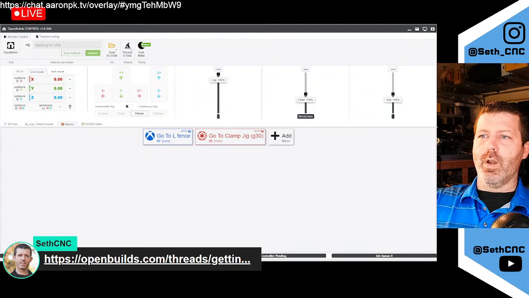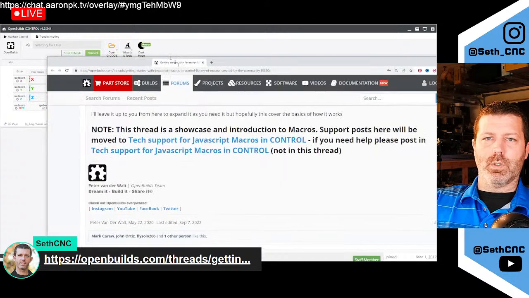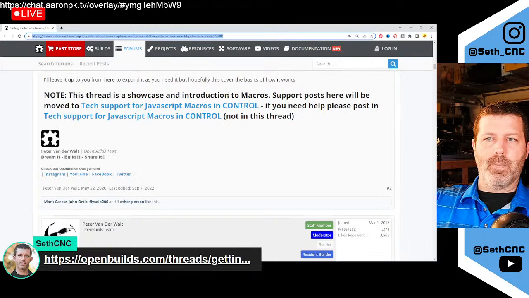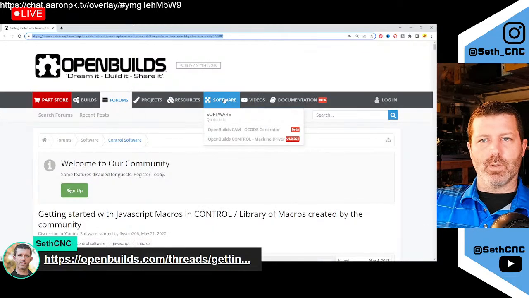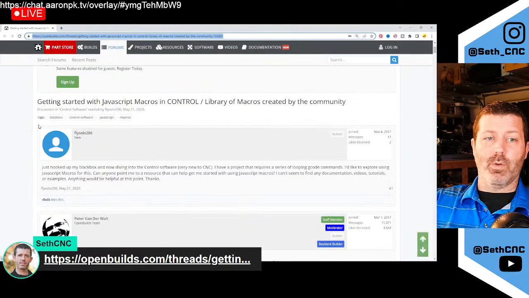I'm going to jump over here to another one too and share another macro page from their forum, which has another sample, but it's not on that main page. But this one's a pretty good one as well. So that main page one, here, I'll just pull over this tab and we'll talk about it real quick on the screen. As you open up this page here with the OpenBuilds forum group,